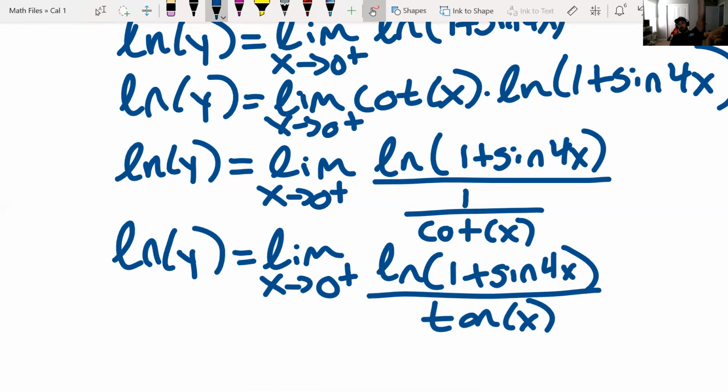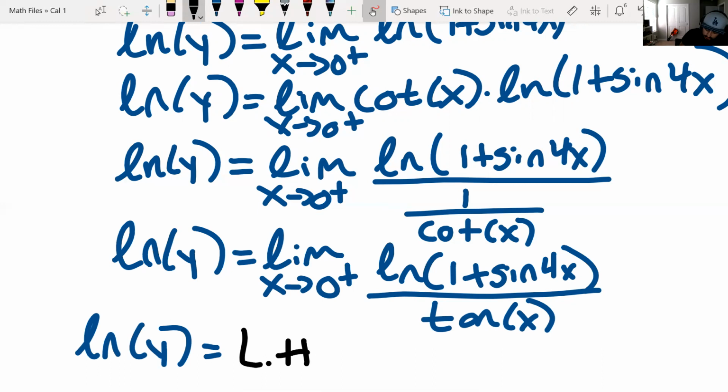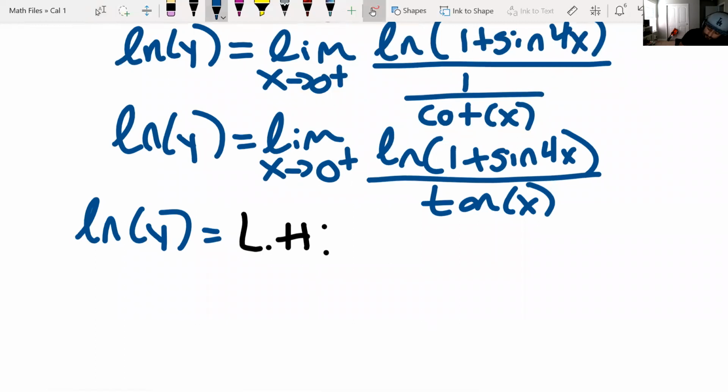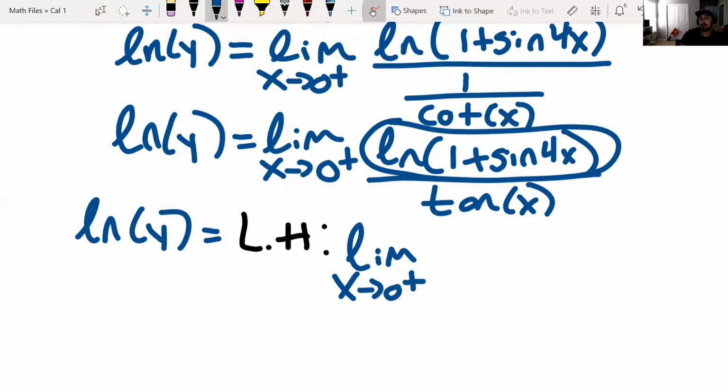Now we use L'Hopital's. So I'm going to say the natural log of y equals L'Hopital's of everything on the right side. You have the limit as x approaches 0 from the right. And now we must chain rule this derivative. So the natural log of 1 plus the sine of 4x, that has to be chain ruled for the natural log function. So the derivative,